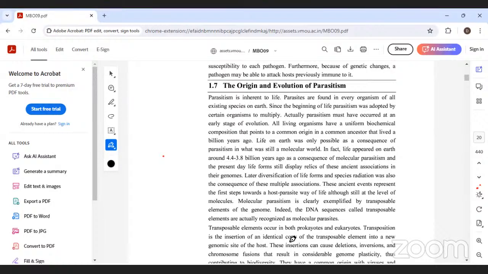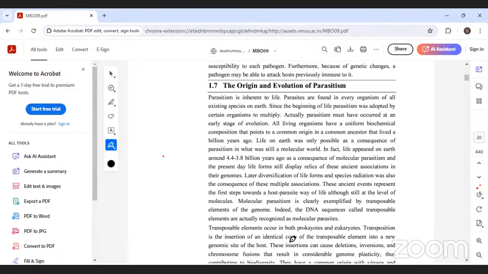in a conspicuous form; that life is called the conspicuous living organisms. That is called the life form, later derivation of life forms, and radiation was also multiple association. These events represent the first step towards a host-parasite relationship, that is called molecular parasitism,